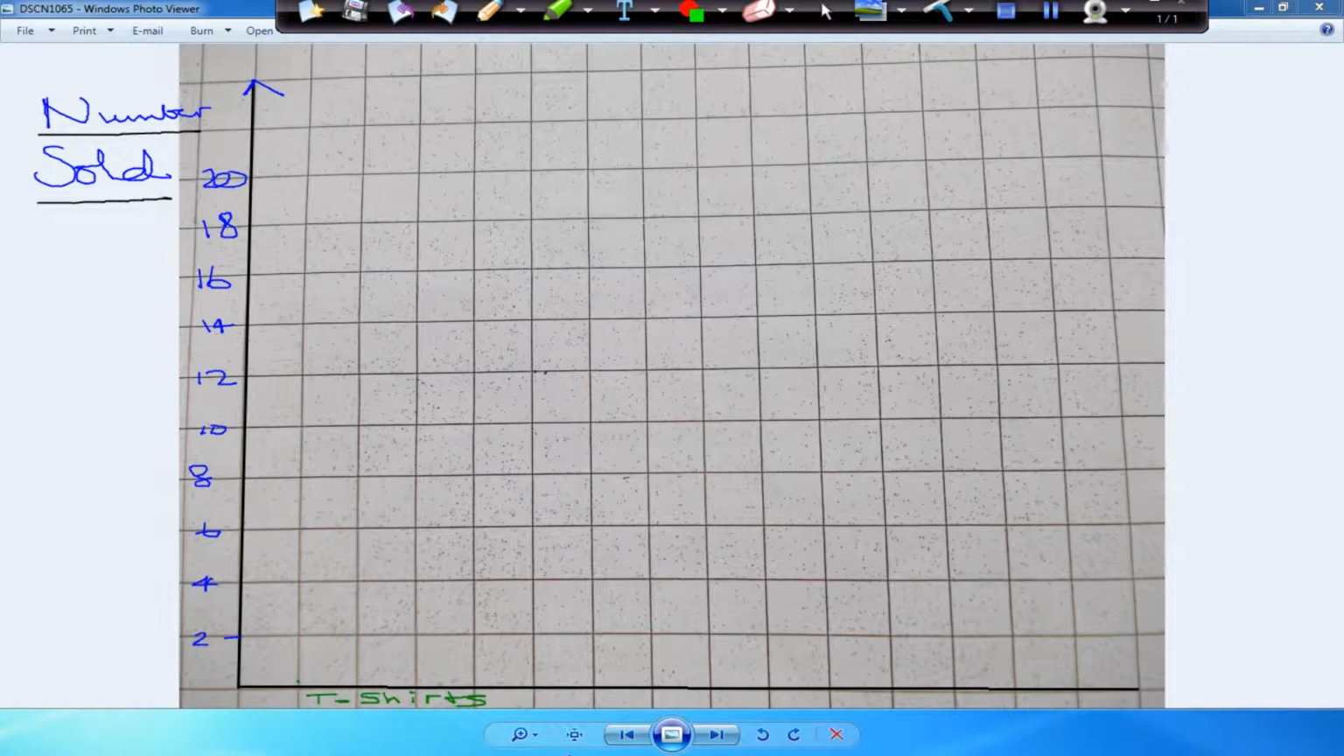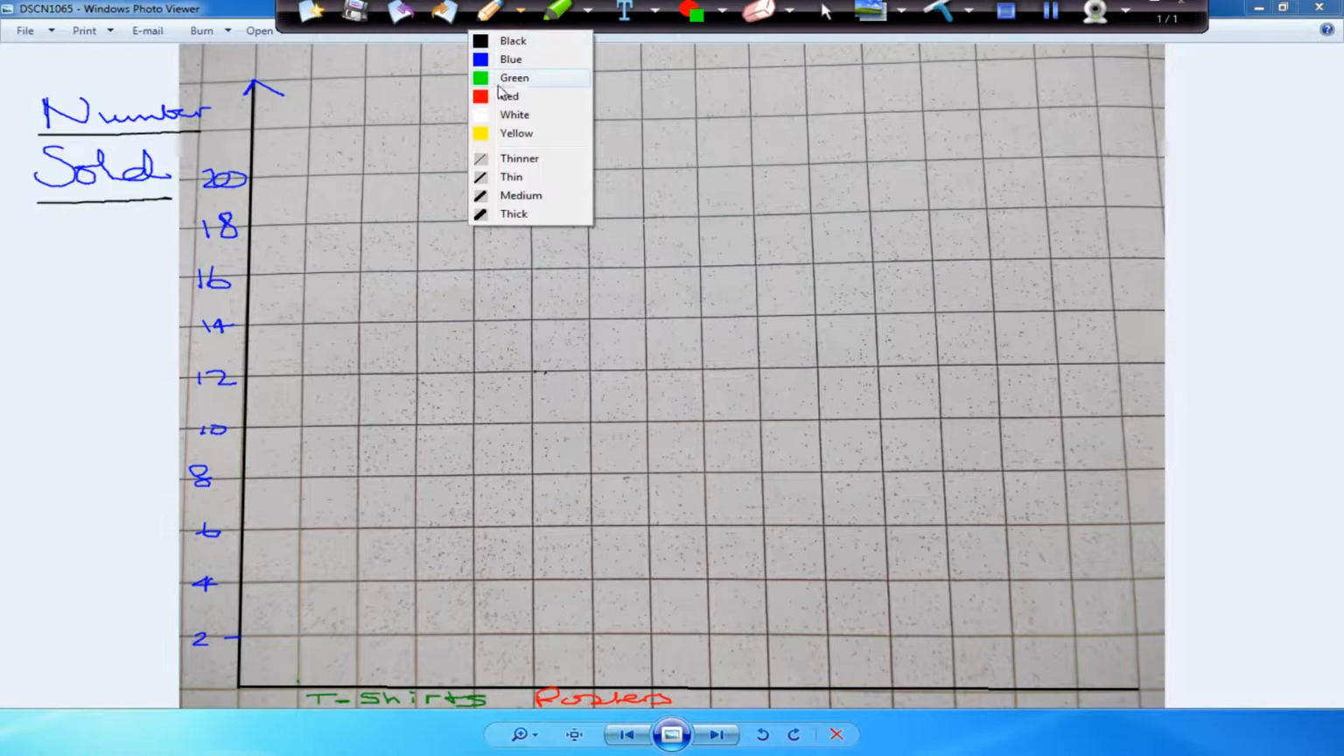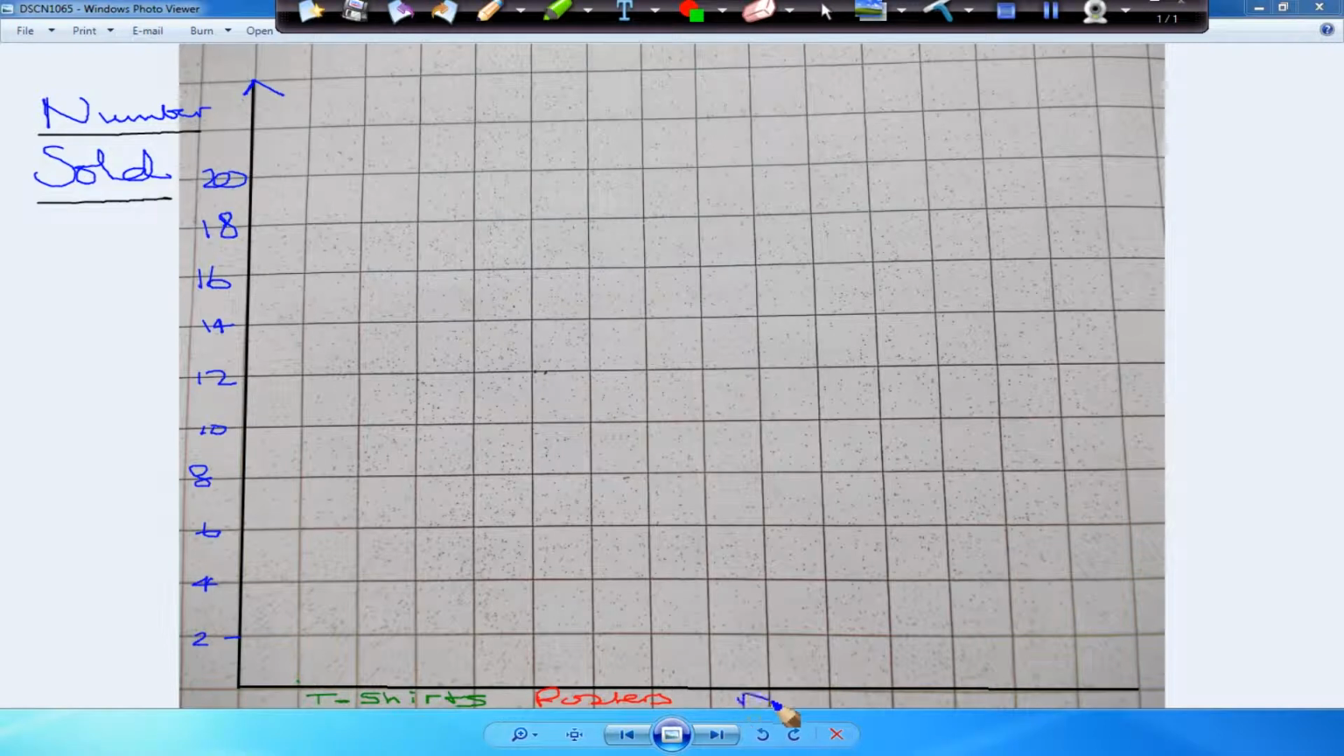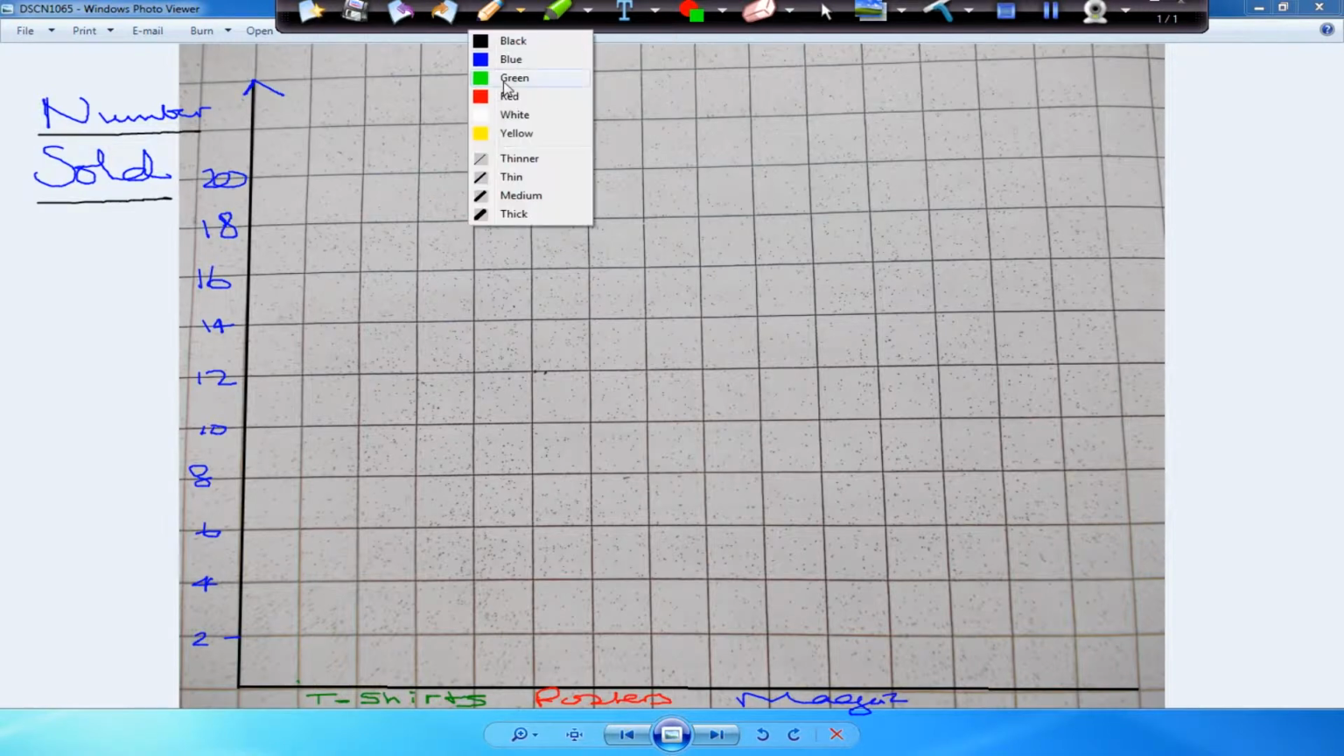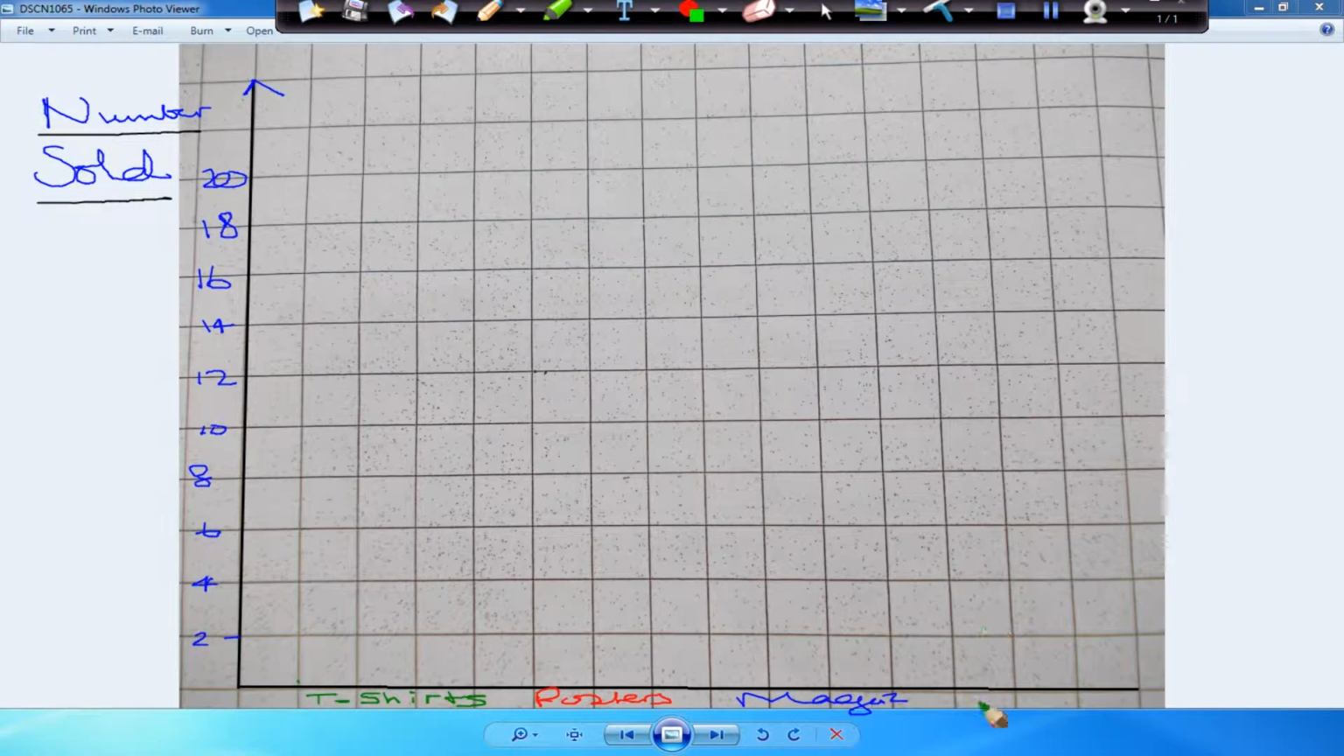And the next one is posters. Okay, and the next one is magazines, yeah? And the last one is... okay, right, now let's do our